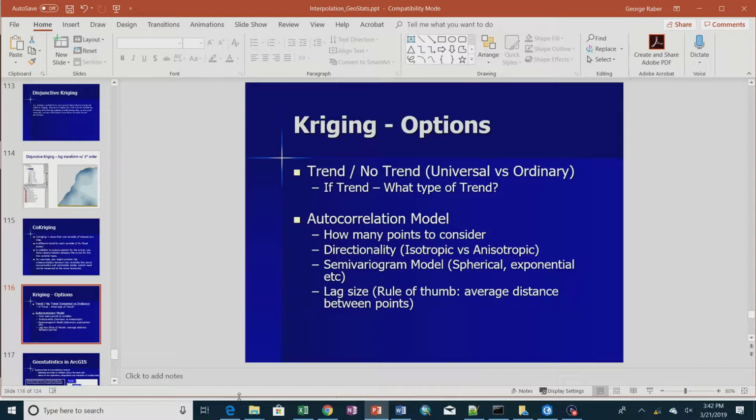The second choice, which is probably more important than this, is your autocorrelation model, including what type of semi-variogram model you use. The default is spherical, which I think is appropriate in almost every case. But there are other options. Typically, you're looking in every direction equally to create that semi-variogram, but you can tell it to only look in a certain direction for autocorrelation. So the default is